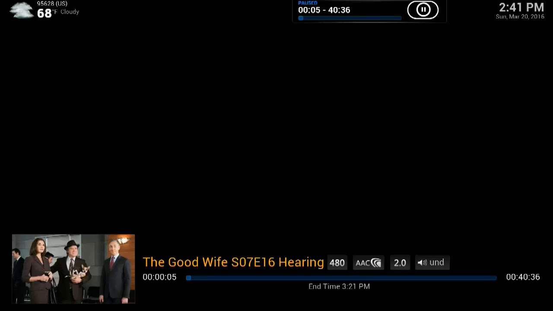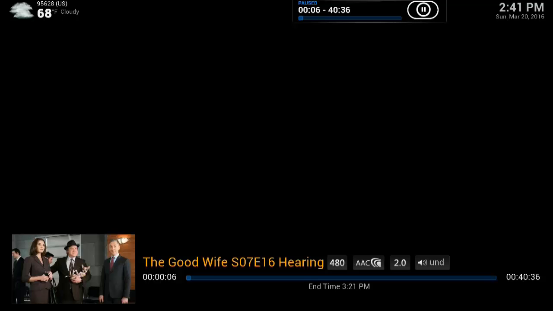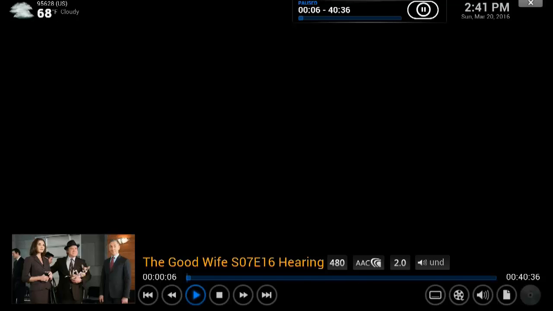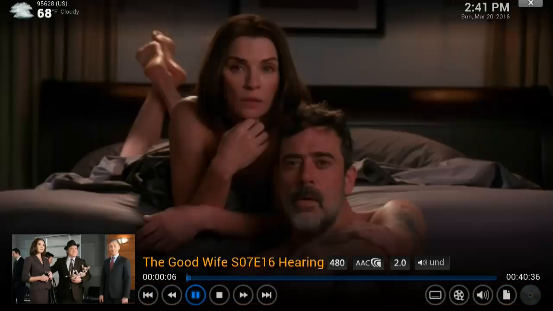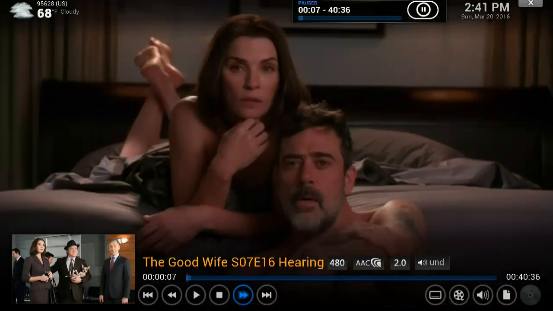And once you're in a TV show or a movie, if you press the space bar, that will allow you to pause and also resume. If you press the OK button on the remote or the enter button on the keyboard, that will pull up this menu, and from here you can play, pause, stop, go forward, fast forward, download the subtitles if you like, or any of that stuff. So I'm just going to go ahead and hit stop